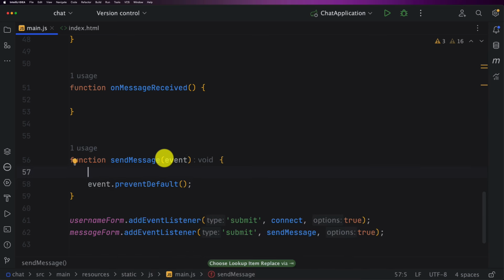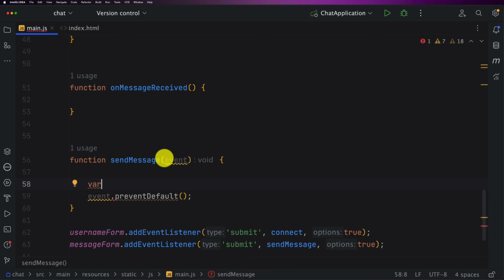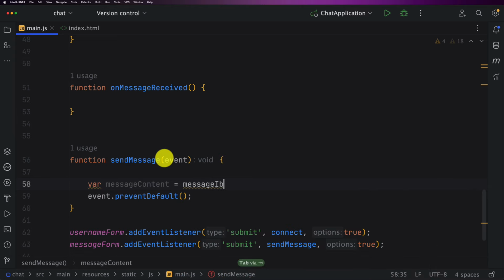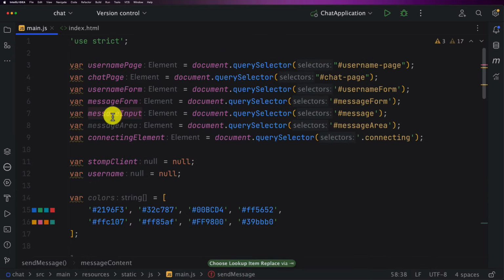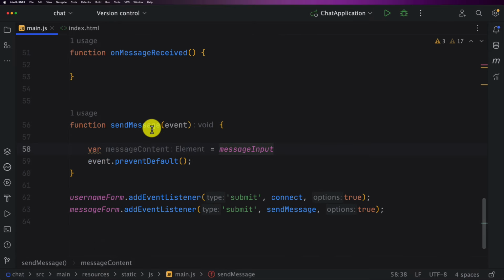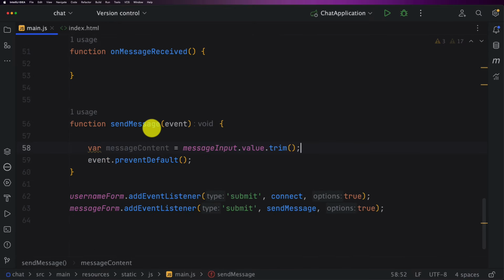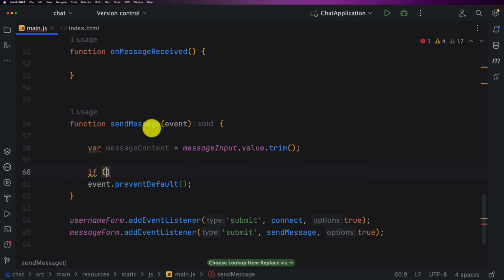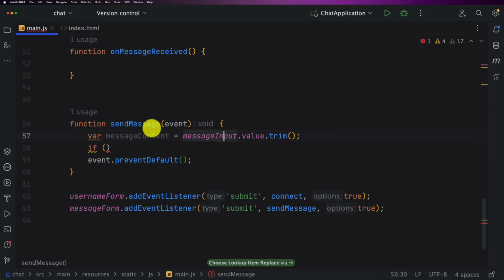And then I will have a var, which is the messageContent, equals my message input, the variable we already created in here, messageInput.value.trim. So first I try to get my message input, and then if I have my message content,